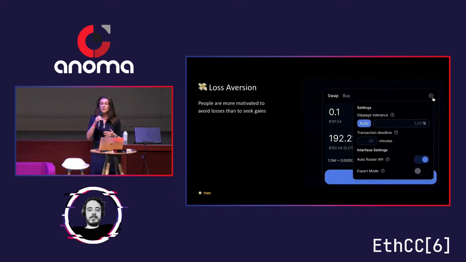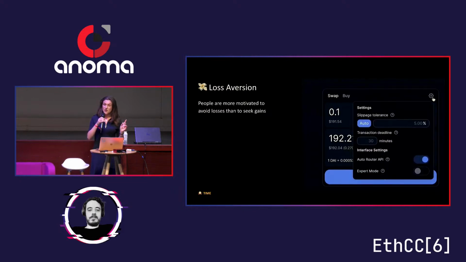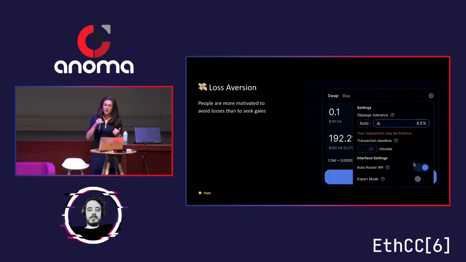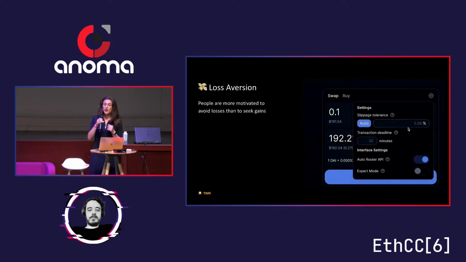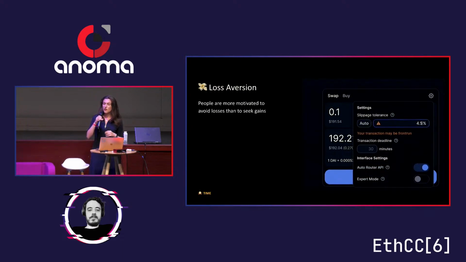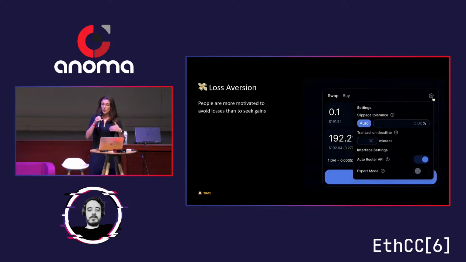There is this bias, which states that people are more strongly motivated by the fear of loss than the prospect of gain. And this is called loss aversion. Interaction designers are looking at implementing different tools for risk management and loss prevention, such as providing clear and accurate warnings when traders are at risk of making a loss, or allowing them to adjust parameters for their orders. On this slide, I have chosen a very simple swap example, where a user could adjust the slippage and they are getting a warning that a transaction can be front-run.